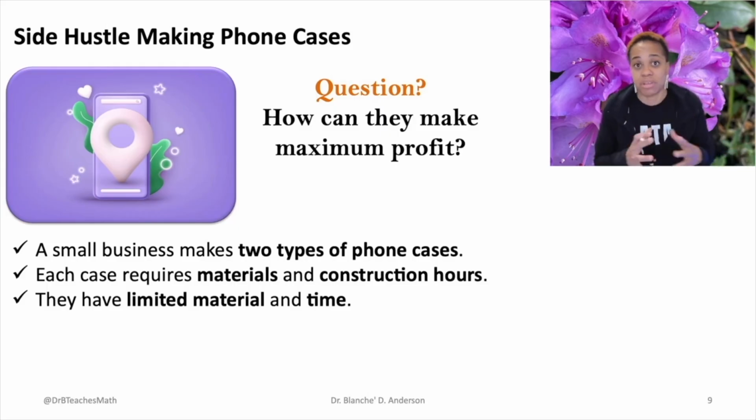Do you say I'm only going to make 20 phone cases and make sure that they look so good and charge a higher price? Or are you going to try to make 50 or 60 phone cases using the limited material and time that you have, and then maybe bring the price down? So you see how you have to kind of work through